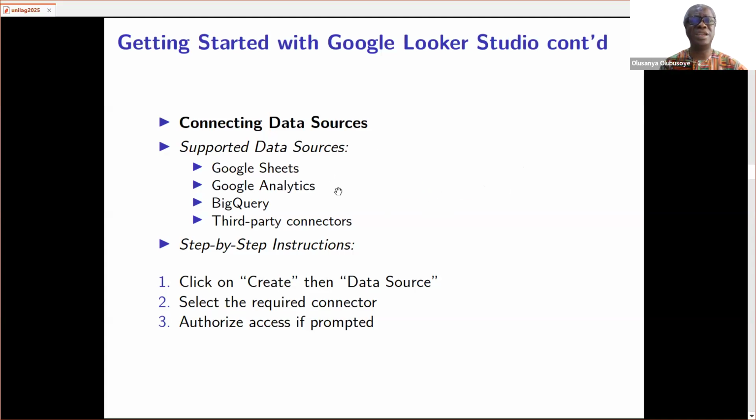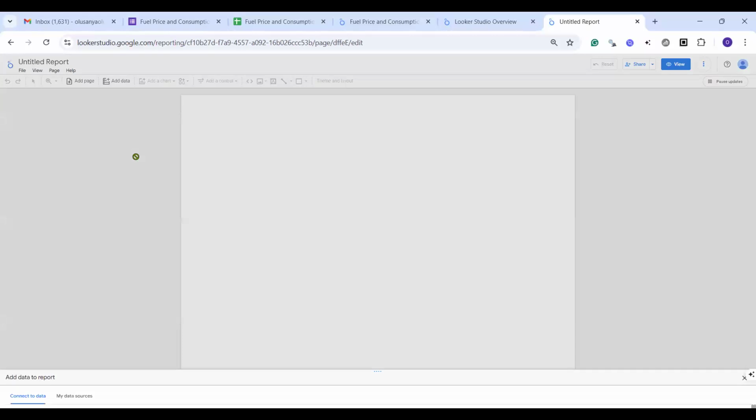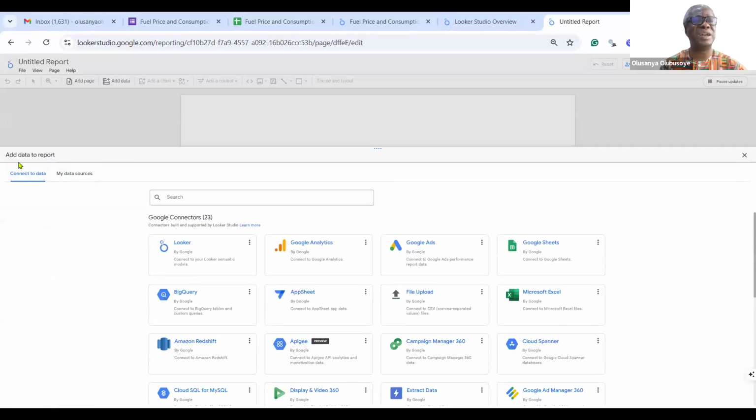Again, I'm going to take you back to the local studio interface. So we are here. The moment you click that blank sheet, it will take you to where you can see the Google connectors.